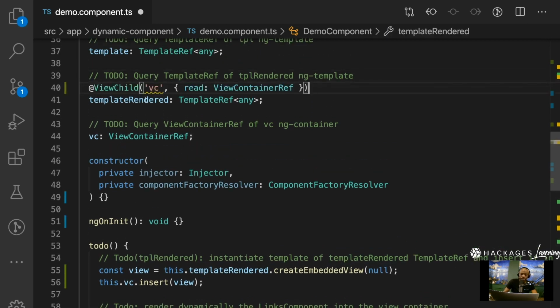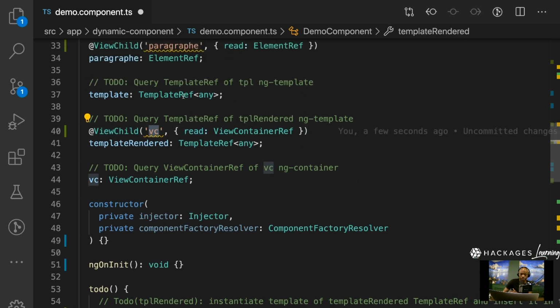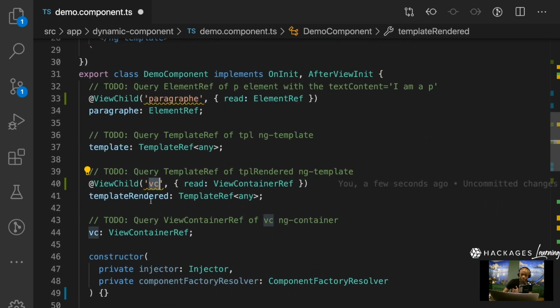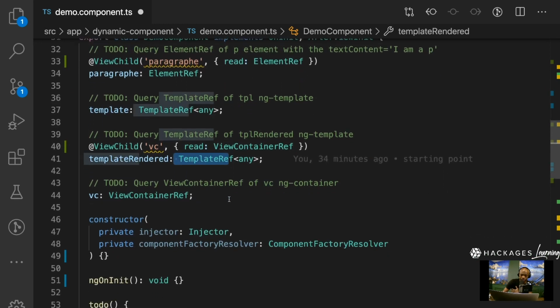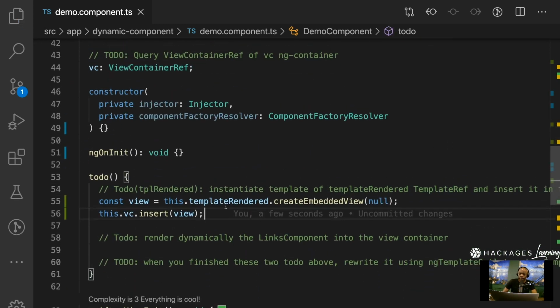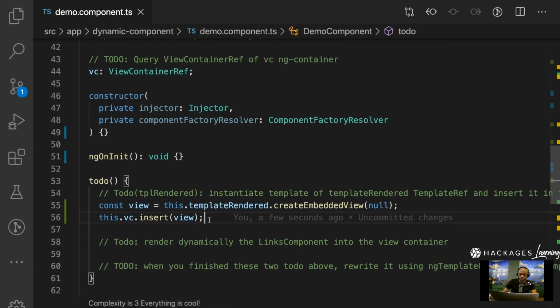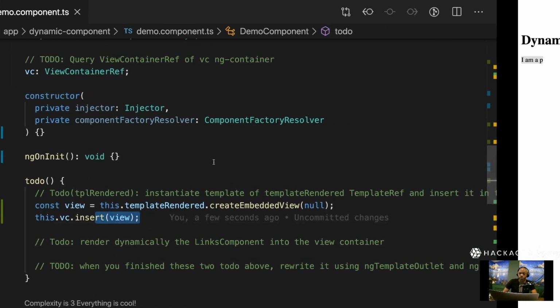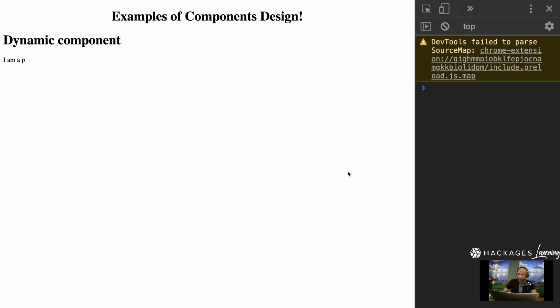So I go here and I'm just going to say view child. That's a way you go and read that VC information from your template, and then the reference will be passed to this. Now that I have a handle on this, I can just go ahead and create that view, okay. So if I go back in my app,